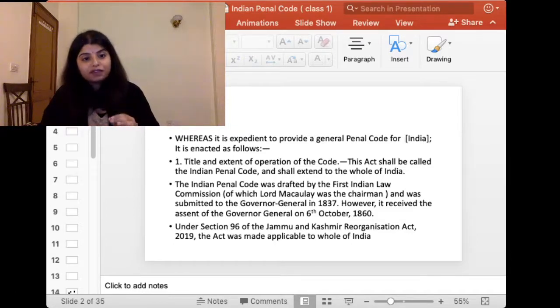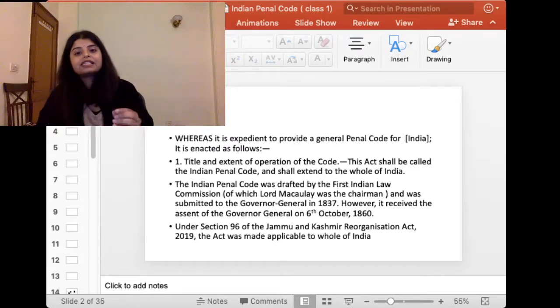Now this was drafted by the first Indian Law Commission of which Lord Macaulay was the chairman, and submitted to the Governor General in 1837. But then it only received the assent on 6th October 1860. That's why it's called Indian Penal Code 1860. Now you saw the first part of it, which says that it applies